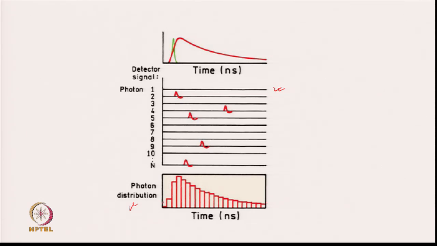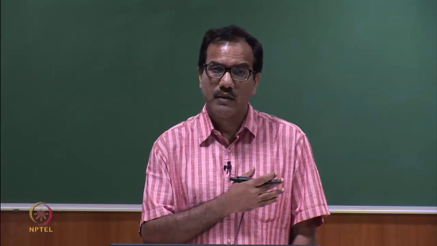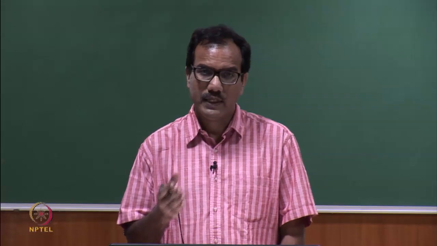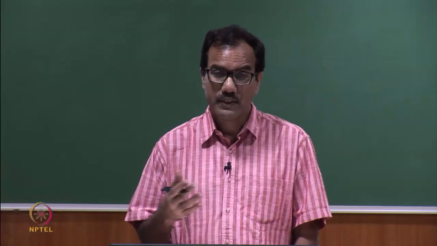Initially this intensity increases and basically the number of photons increases, then there will be a decay. What that means is that after this, within this range of nanoseconds, a smaller number of photons is seen. But you have to do this several thousands of times, so that you can get a very nice photon distribution curve.